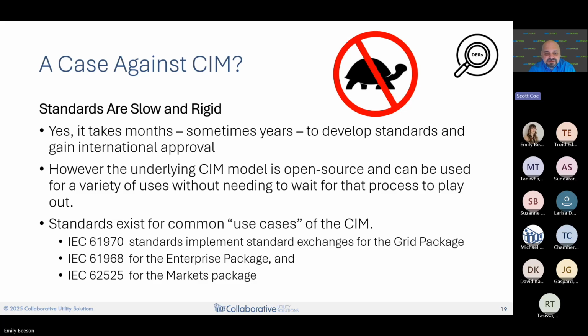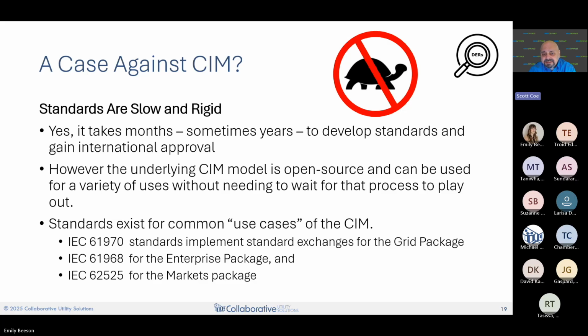The CIM is a model, as I mentioned earlier, that anyone can download. It's open source. So you can use all of the data objects that are there, even if there aren't official IEC profiles for the particular data exchange you're interested in. So you can use it more as a library of data and data exchange formats without actually being compliant with the standard.